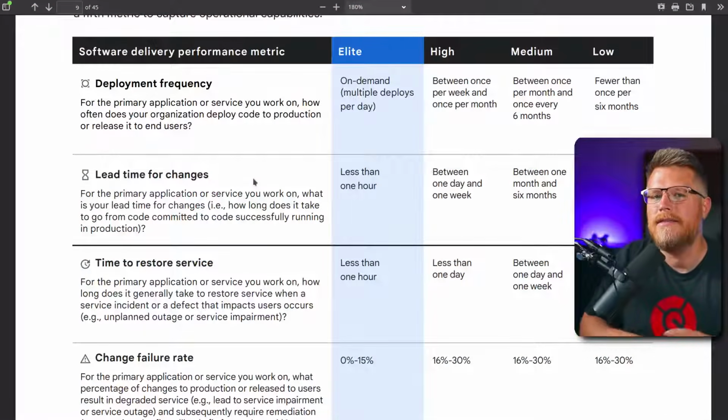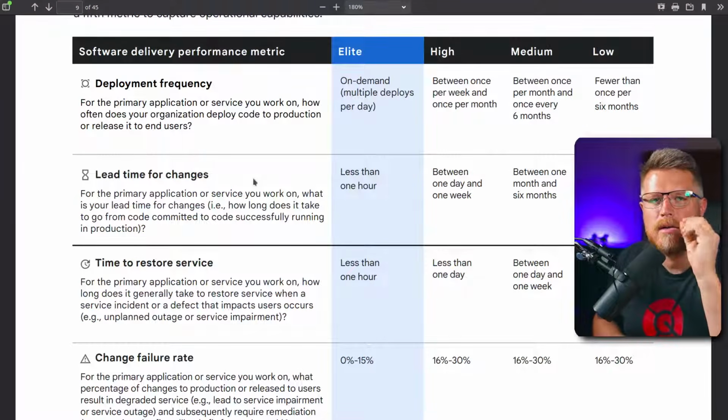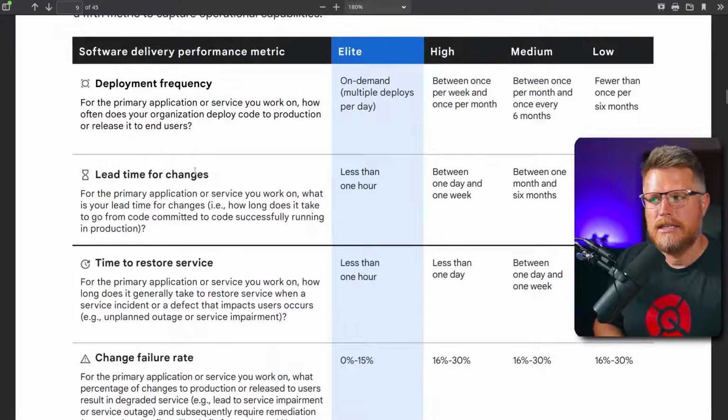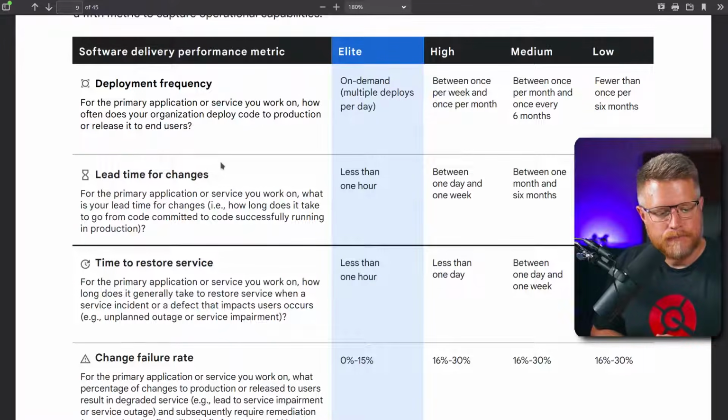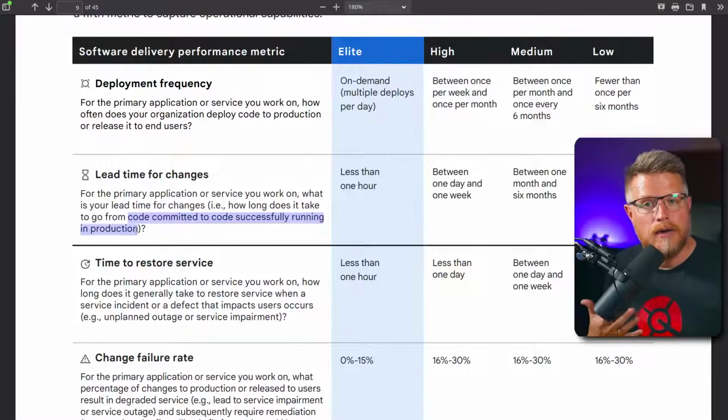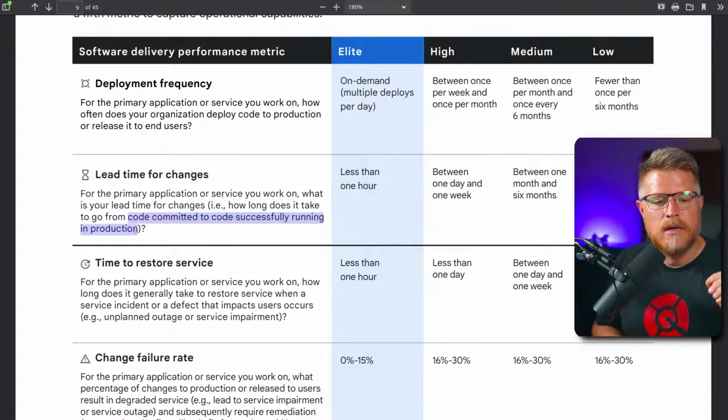Lead time to changes. And this is the one that I think, Richard, we talked about that I wanted to bring up to you again. What is change lead time? And this is a misunderstood one. So as defined, it is the lead time for changes to go from code committed to code successfully running in production. Now, how you or I would interpret that, and in fact, how the official open source tool by the DORA group, which is called the 4 Keys,